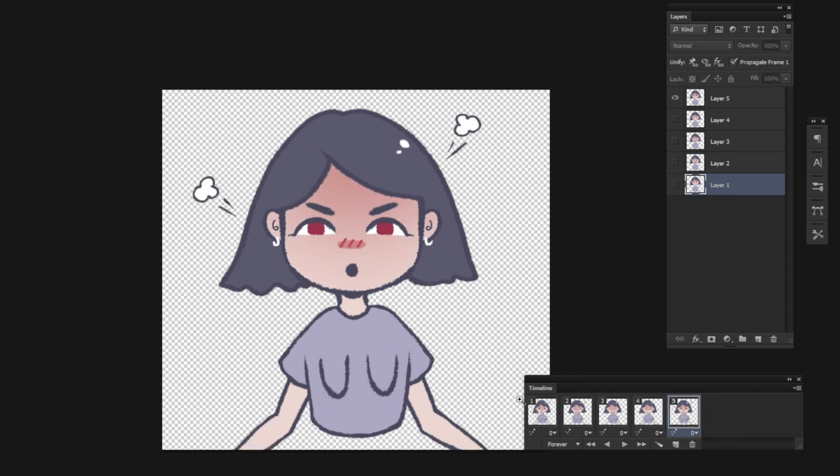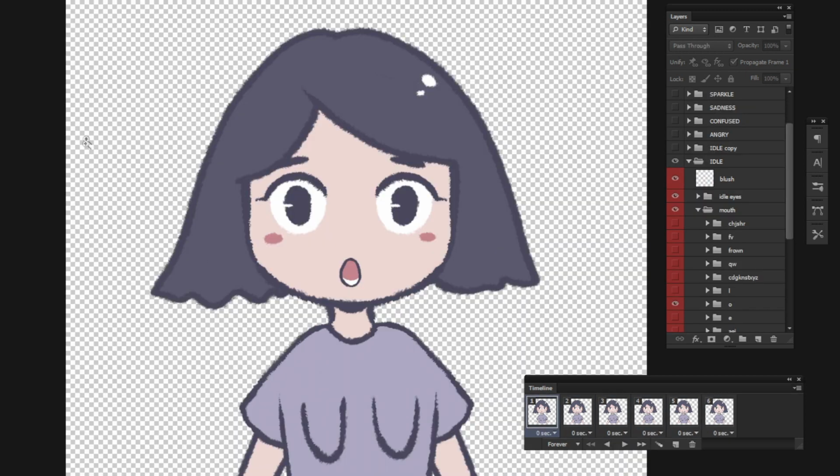Now let me show you when she is angry. So this is when she is blinking and talking. As you can see, it's half closed, and then she closes it with a different mouth, and I repeat it, but I take out the steam. The steam gives it the edge, gives it some kind of motion. Then I change her mouth, and then she opens half her eyes, and the steam comes back. So yeah, this is basically what it looks like. It's pretty cute. So now let me show you how I export it as a GIF.